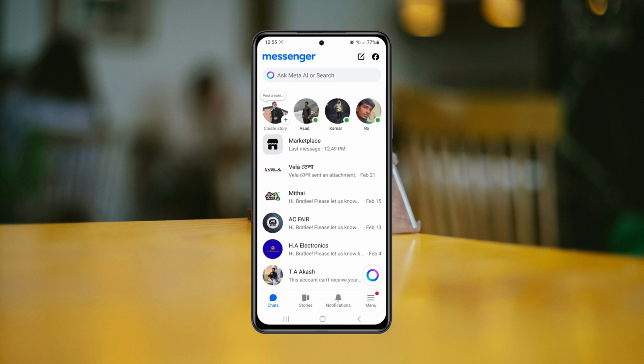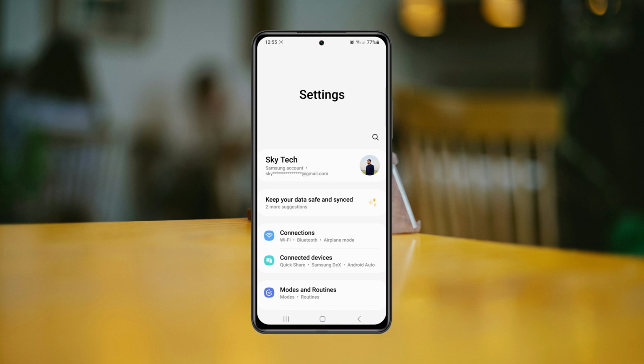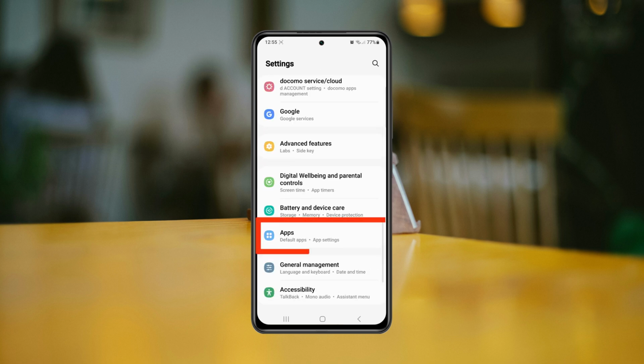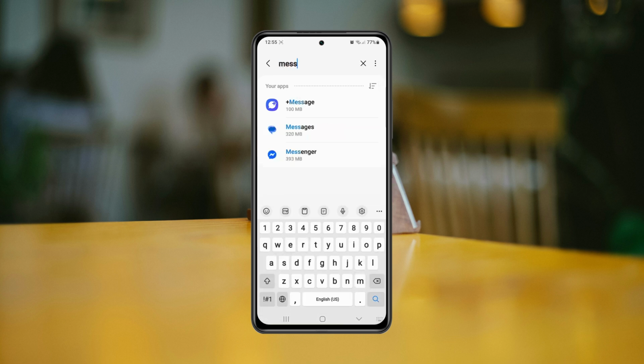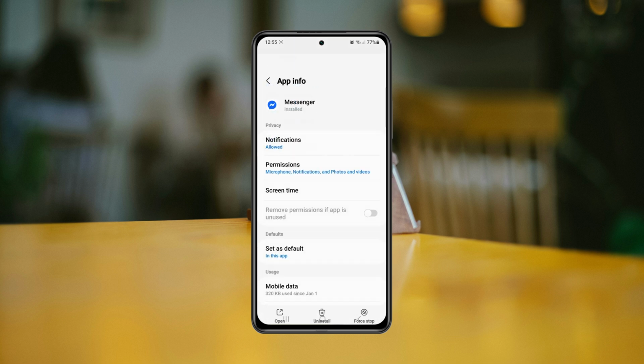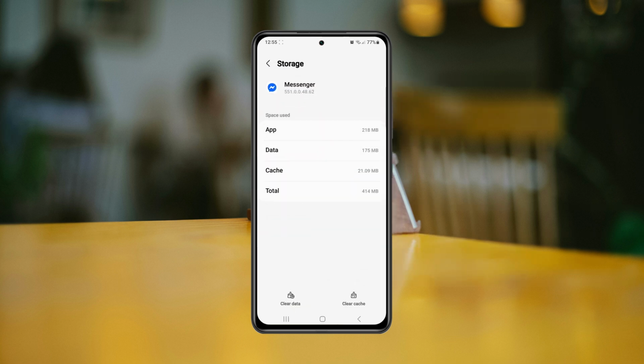Most likely the problem is going to be solved, but if you still have the problem, then here are the last two things that you guys can do. Just get back from here and then open up the settings app from your phone and then scroll down to the apps, and once you get into the apps, go and search for Messenger here. And once you get the Messenger, go ahead and tap on this and then scroll down a little bit. Under the storage, go ahead and tap on storage and then tap on clear cache,